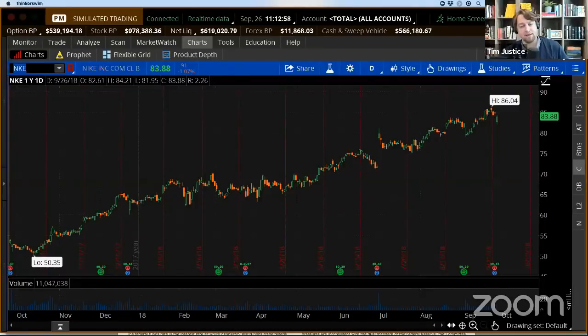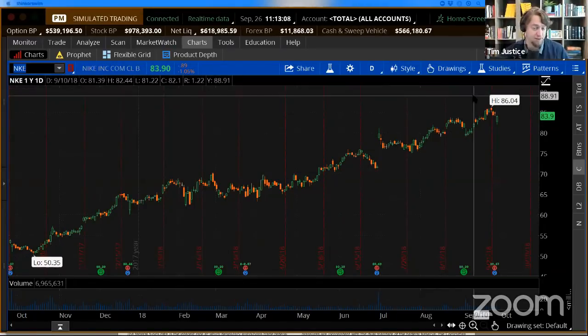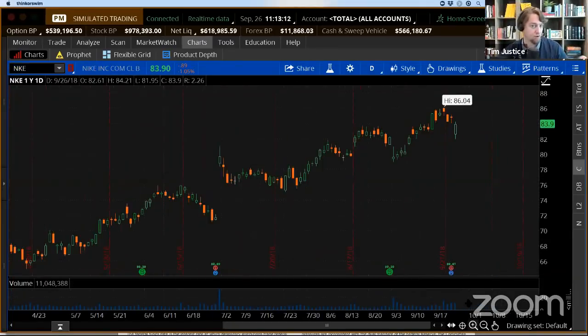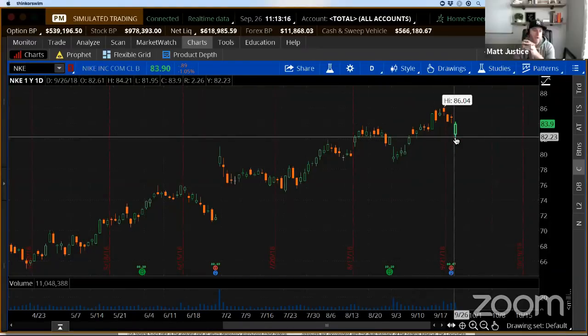Going back to Nike, that's a beautiful trend, Noah. Obviously a gap down gives you an entry point on price. It is now moving up, but it's not exactly a technical trigger for most unless you can break it down to an intraday. Matt, you are right. It was an aggressive entry because I was below a gap point, on an earnings date where they did not react positively. No, I'm Tim, let me rephrase.